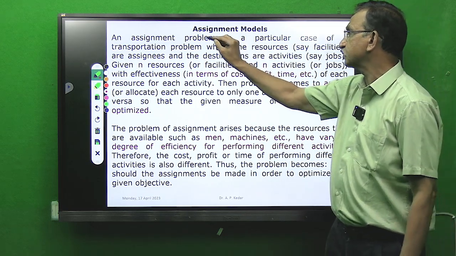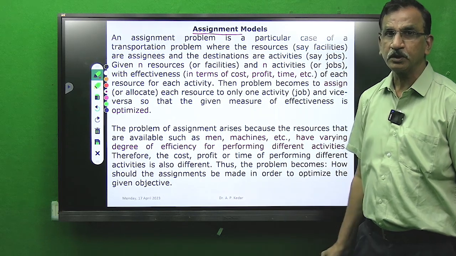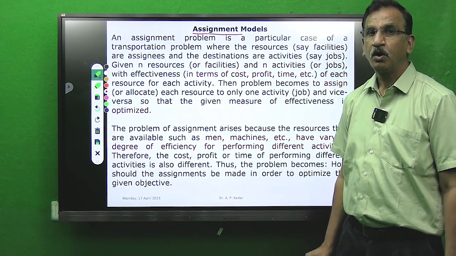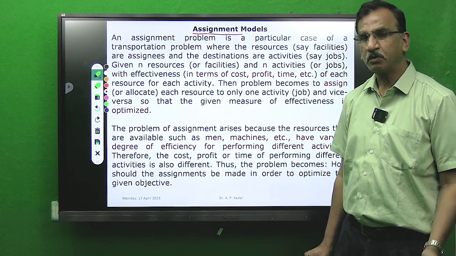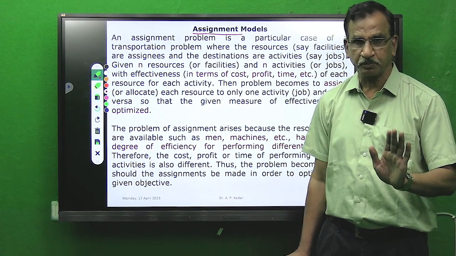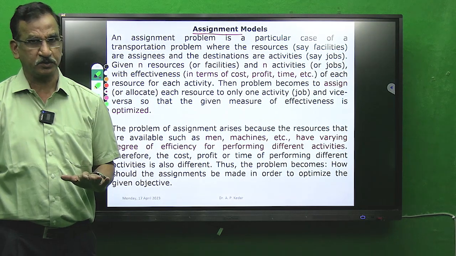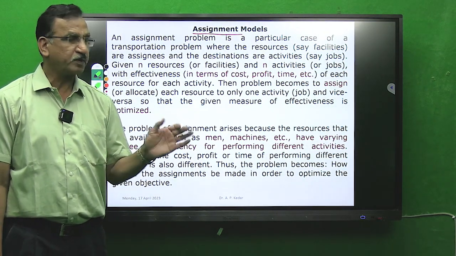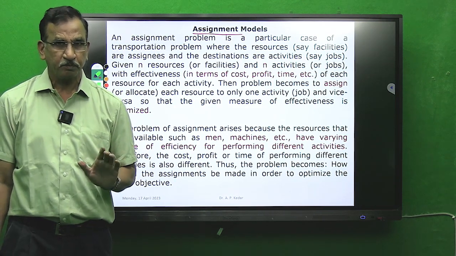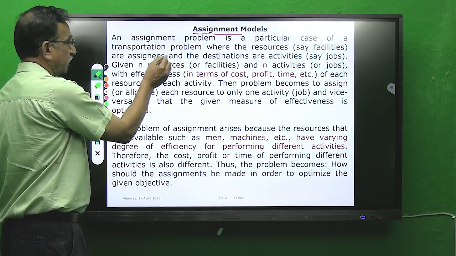As the name indicates, assignment means to fix some facility to some other related facilities from the point of view of optimizing the objective function. Again the same aspect, your optimization can be either maximization type or minimization type, depending on the situation. If it is profit oriented, it will be maximization. If it is cost oriented, it will be minimization. So we will see that an assignment problem is a particular case of transportation problem,